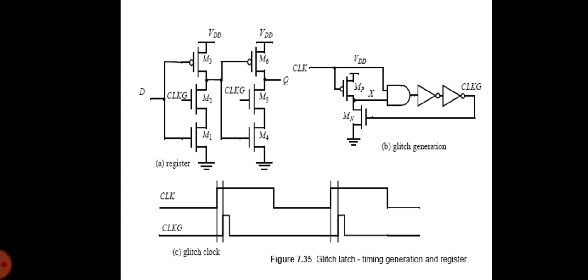If the setup time and hold time are measured in reference to the rising edge of the glitch clock, the setup time is essentially 0 and the hold time is essentially equal to the length of the pulse. The propagation delay, that is TCQ, equals the two gate delays. The advantage of this approach is the reduced clock load and the small number of transistors required. The glitch generation circuitry can be amortized over multiple register bits.